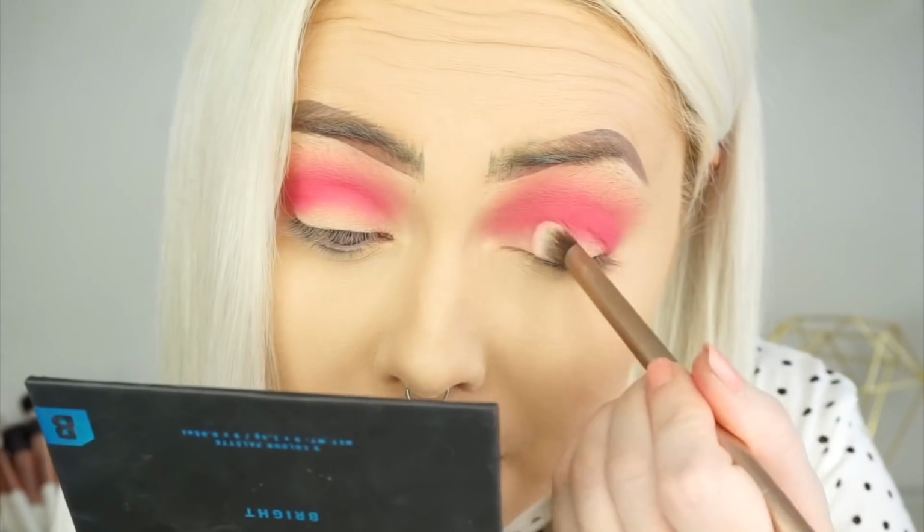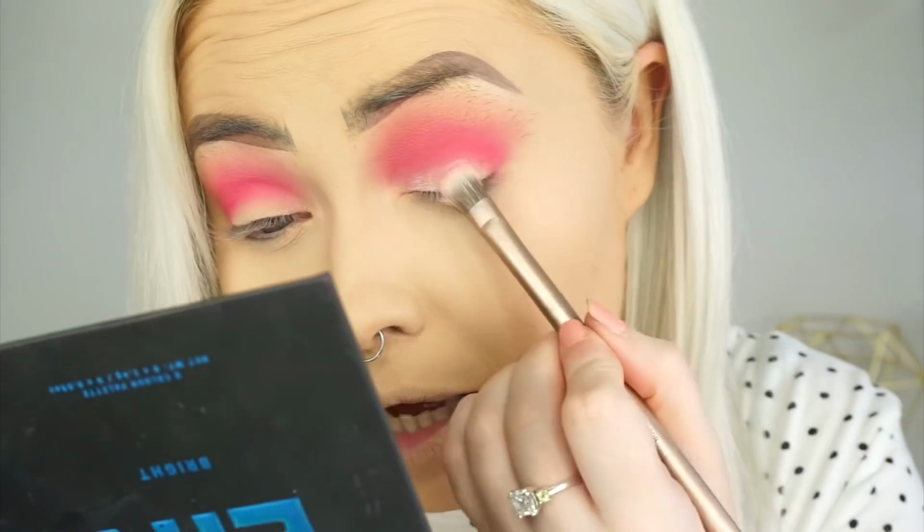As I was saying, this palette from Beauty Bay has this wee candy floss pink shade up in the corner, and it's a nice wee shimmer. So I'm going to take this on a flat brush by Naked. No, it's not by Naked, it's by Urban Decay from the Naked 3 palette. I don't even own the Naked 3 palette, so I'm guessing I stole this off my sister. Oops. I'm going to start by packing this on the lid. Not too sure how this is going to apply because I have set my lids. I don't actually know how it's going to stick, but